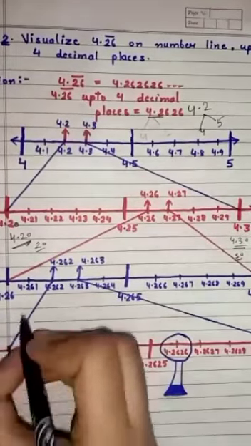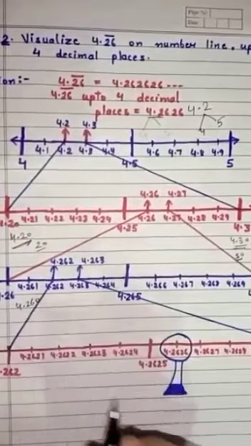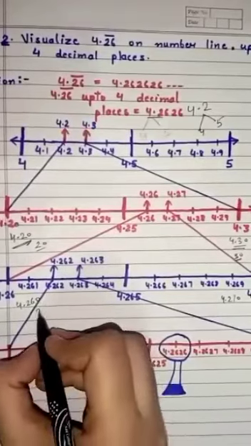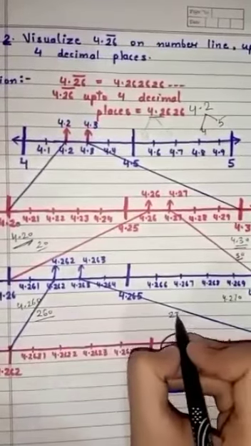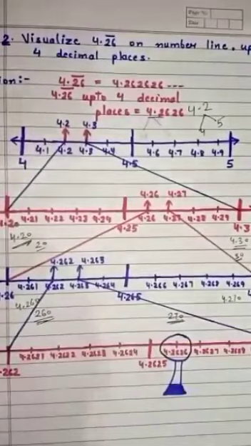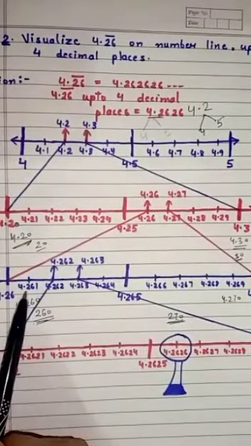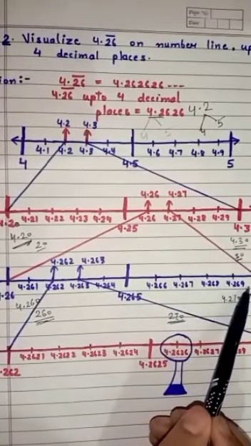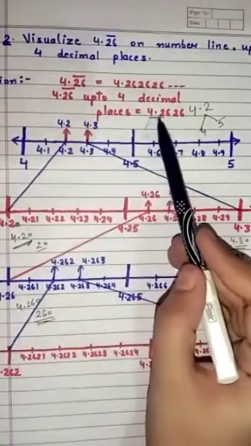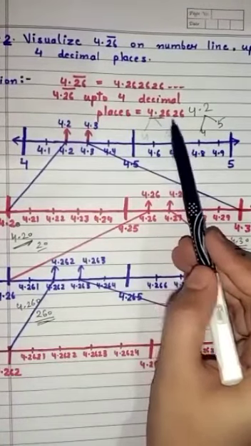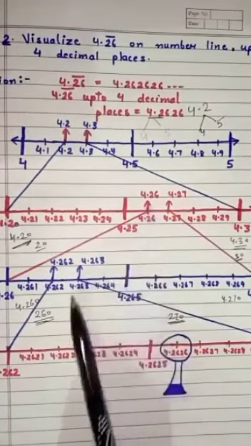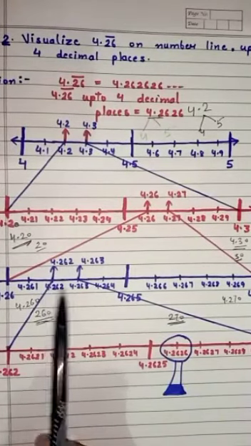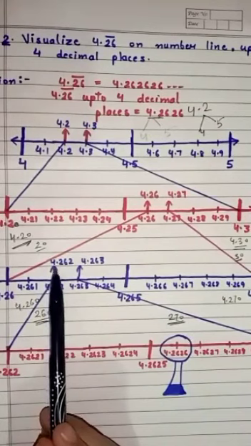Okay, same points. You can write this as 4.260 and this as 4.270. It means now you have to mention the points between 260 and 270. So you mention here 4.261, 4.262 up to 4.269. Okay, what is your number? 4.262. You had come up to 4.26 here, and now 4.262, here it is. Okay, so you mark it here, 4.262.